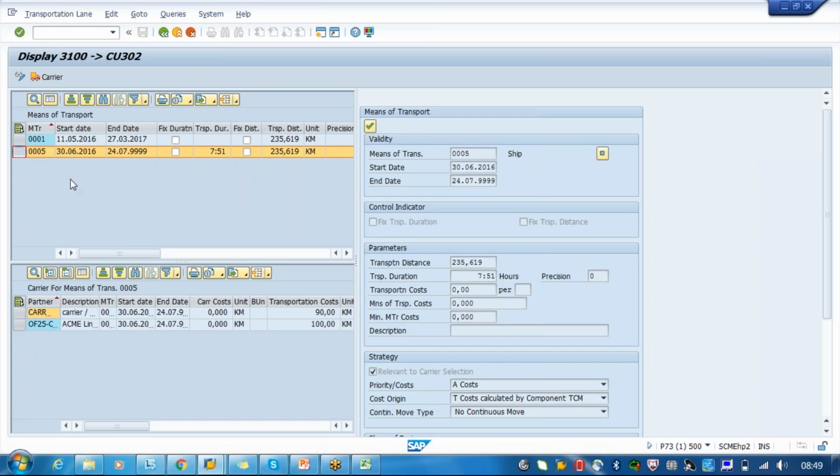So during carrier assignment, for that particular means of transport we are assigning the carrier, right? Correct. So during that carrier assignment, how will this be treated? Cost plus priority, right? We have given 100 rupees per kilometer, and where will we get the priority? No, the priority will come later.